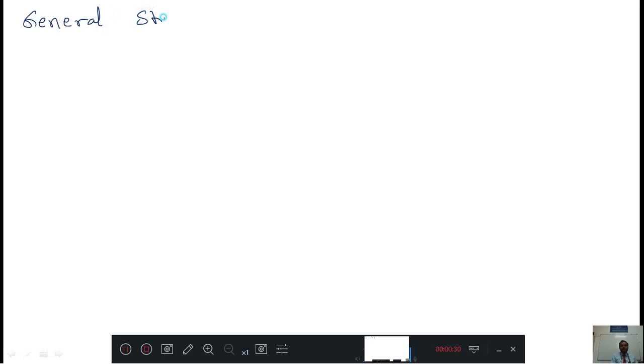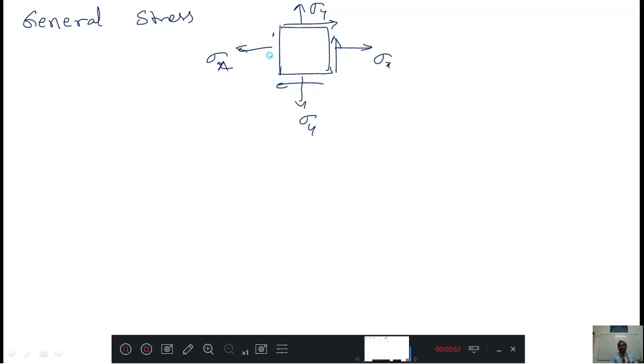General stress system means what? If a plane is like this, it will be subjected to many stresses. This is the normal stress in x direction and normal stress in y direction, and it will have some shear stress also. If it has normal stress in x, normal stress in y and shear stress, then we will call this a general stress system. Based on availability of sigma x, sigma y and tau xy, we can classify this compound